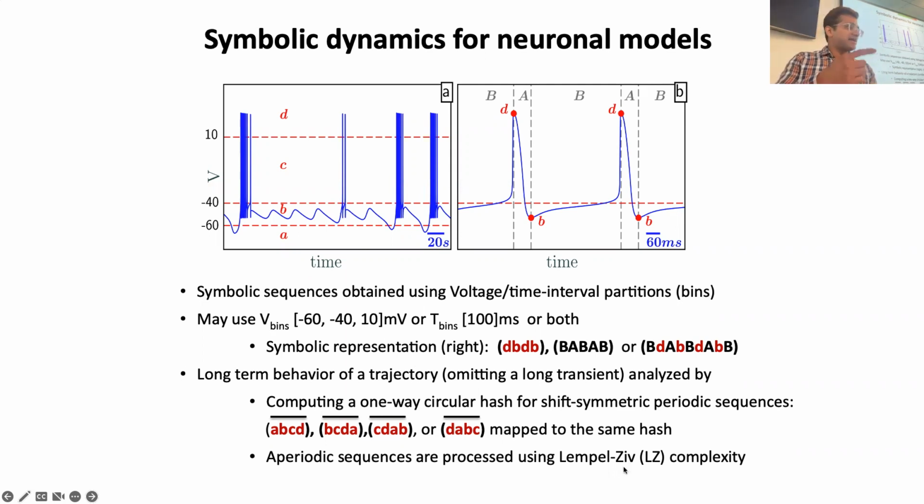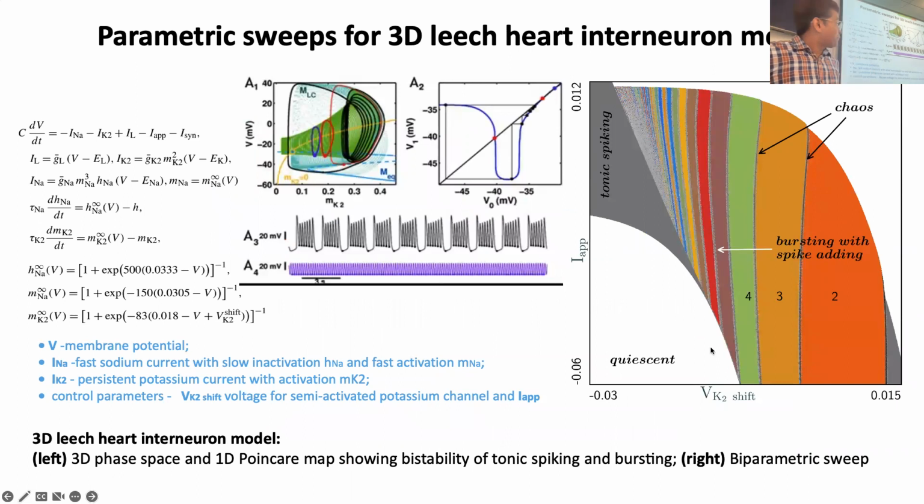It basically creates a dictionary and looks at whether, as you add a new symbol, it is already existing in the dictionary or is it creating a new word? So it increases the complexity of the dictionary. So using this symbolic approach, here we are looking at a 3D leech heart interneuron model. It can produce a bursting trajectory or a tonic spiking trajectory, and this is the 3D phase space, and this is the